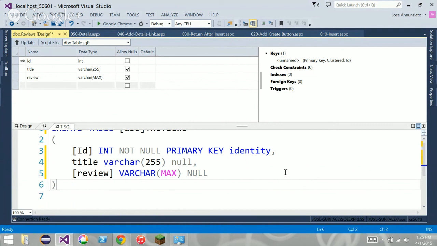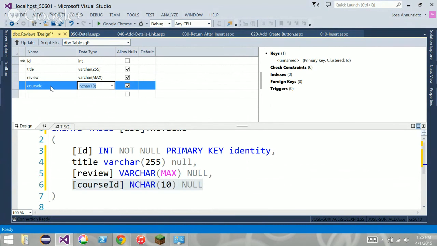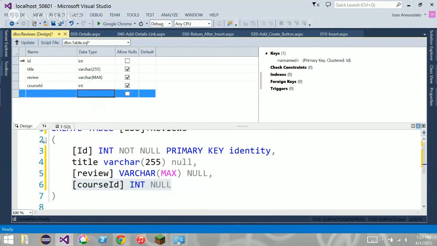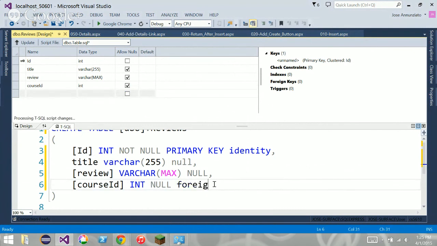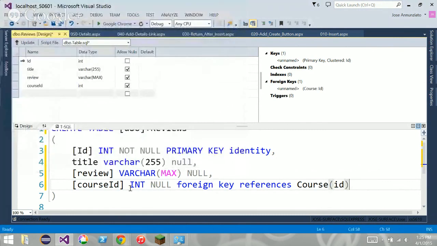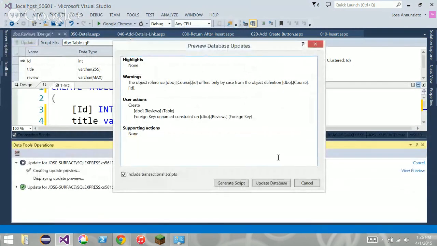So to do that, right here we're going to add a field, and it's going to be course ID, right? It's going to be an integer, right? And we're going to say that this is going to be a foreign key that references course ID, right? So this is going to hold the ID of a course, so that each review will know for what particular course this review is, right? So we update this and say update database,